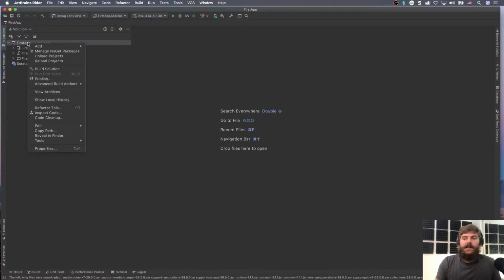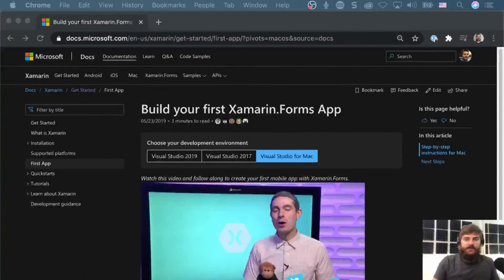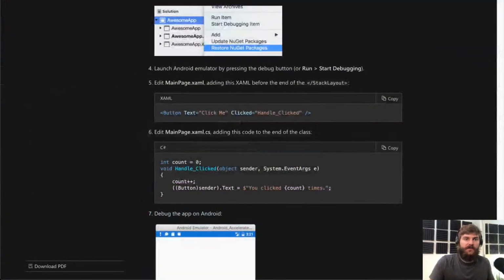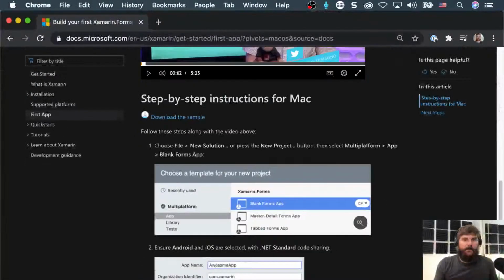So the first thing that the tutorial recommends that you do is reload the NuGet dependencies. They call it restore in this case. So let me just check. Maybe you can see this here. Yeah, see it says restore NuGet packages. So, the equivalent of that would be